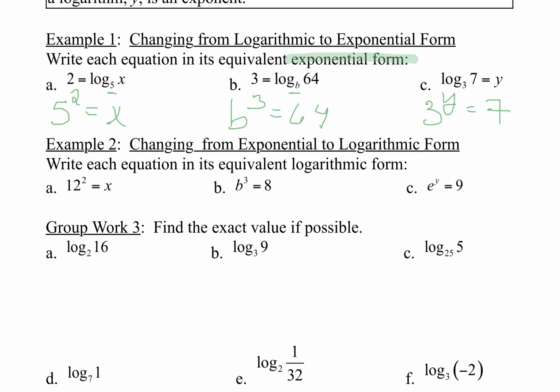And then this next set of problems, it says change it to their equivalent log form. To do that, it would be log base 12 of x equals 2. And again, try these without me first. It would be log base b of 8 equals 3. So 2 to the third equals 8. And this would be log base e of 9 equals y. And then for this last set, that's the change of